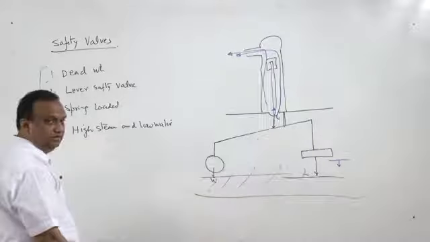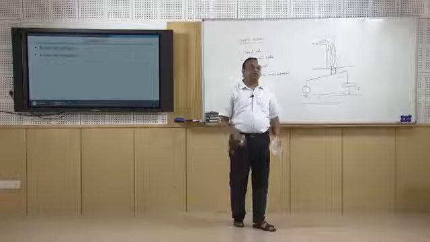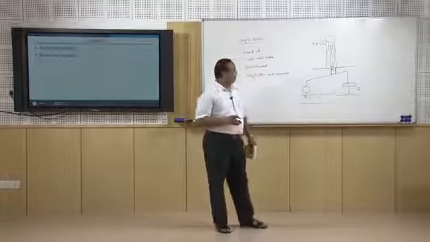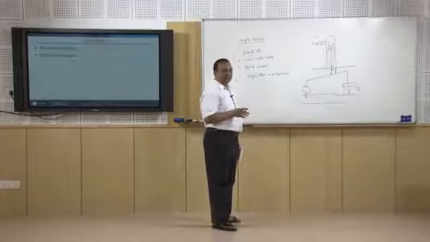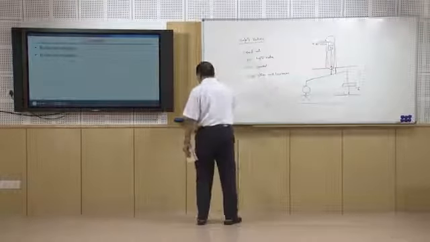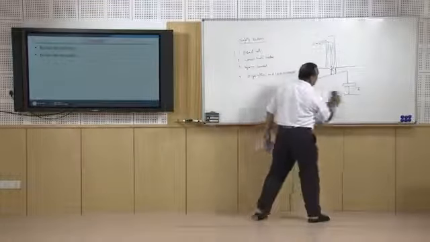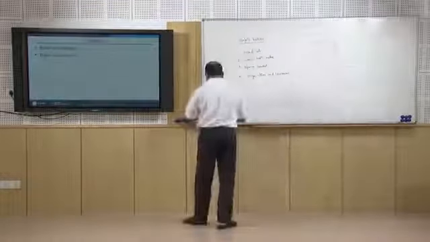safety valves in the system, because safety valves have a very important role to play, because if safety valve fails, accident may happen. So that is why for the safety purpose any two of the safety valves are recommended to be put on the boiler mounting, as a boiler mounting.